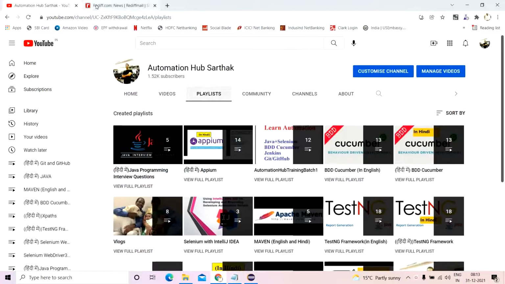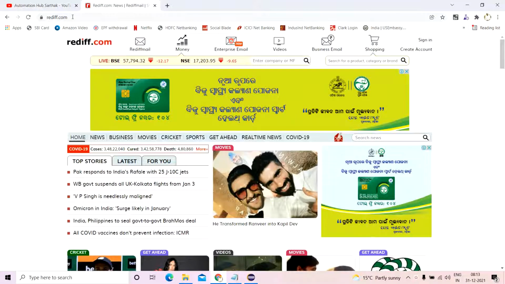So first let us understand what exactly a tooltip is. We'll go to our regular website rediff.com, and let's say I have the sign in link, there are a lot of links, there is an image. I'll hover my mouse over the sign in link. You will see, just to the southeast, "Already a user? Sign in" in a square box. This is nothing but a tooltip, and it will immediately disappear once the mouse hovering is over. So this is the tooltip of that particular web element, which is a link known as sign in.